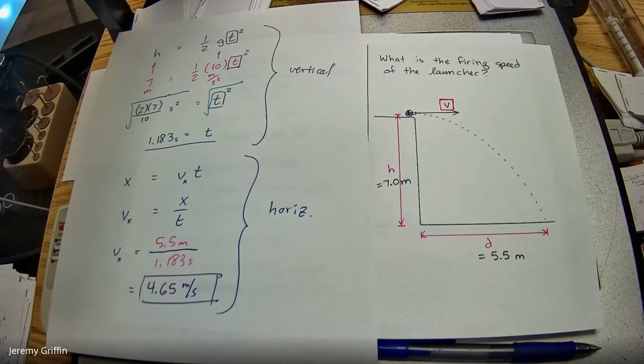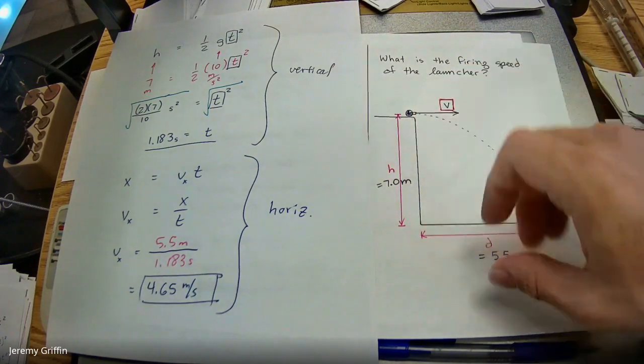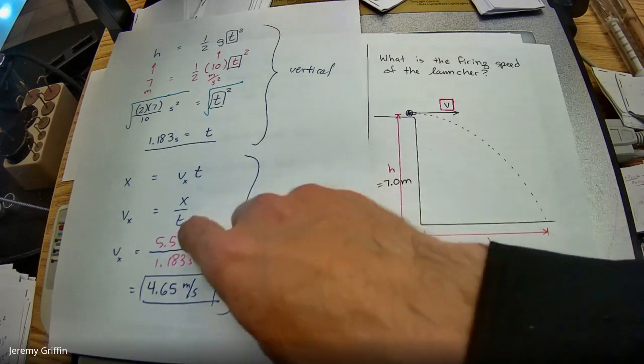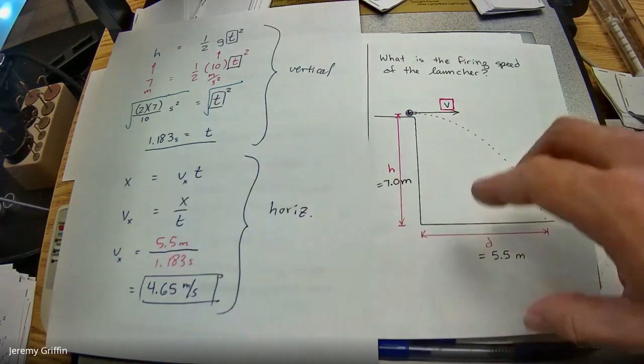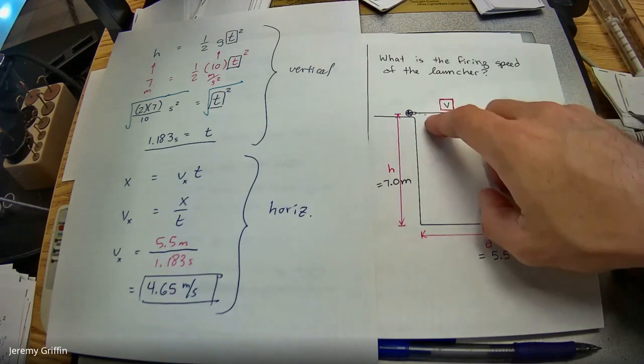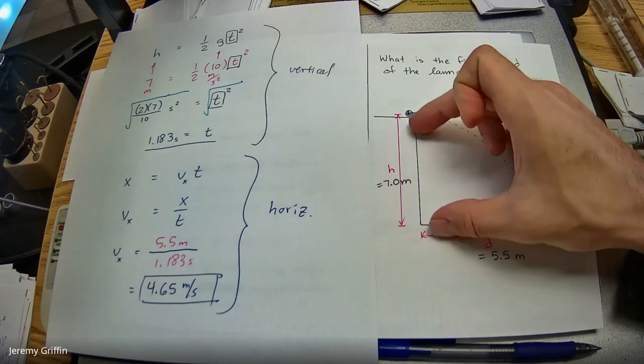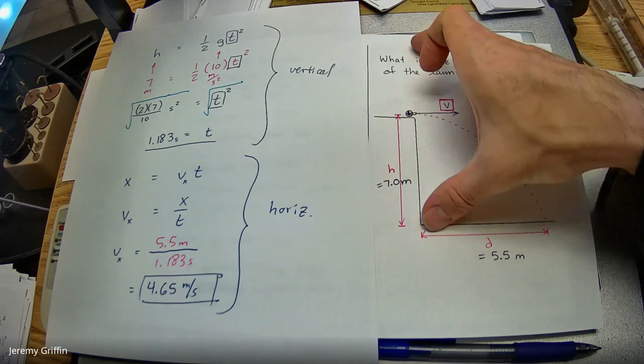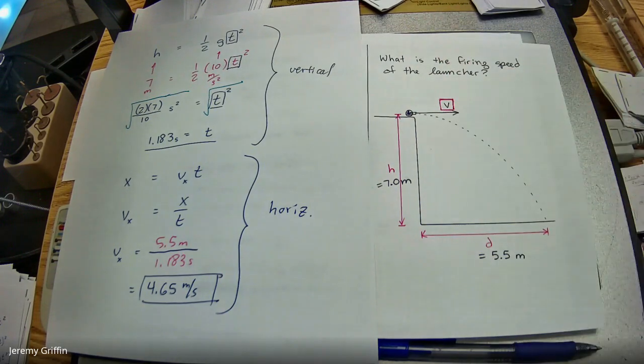How many guys say, let's just make it yes or no. Let's see, show hands. Okay, so we'll repeat that question. We do know that if you quadruple the firing speed, it would go 4 times as far because of this relationship right here. But that's not what I'm asking. What I'm asking is, what if you kept the firing speed the same, and you just took this height and quadrupled that, made it like 28 meters tall? Would it still go 4 times as far?